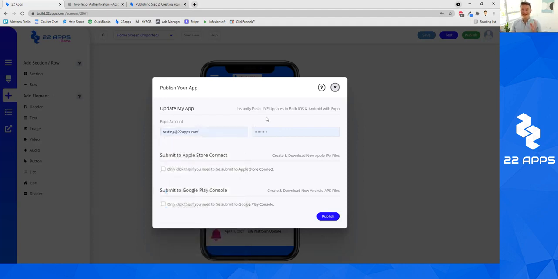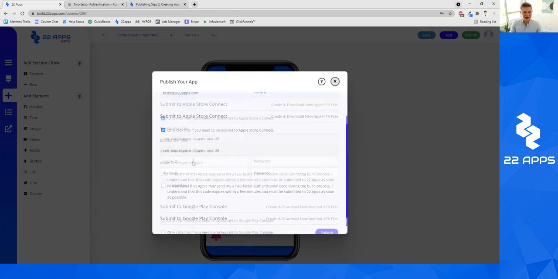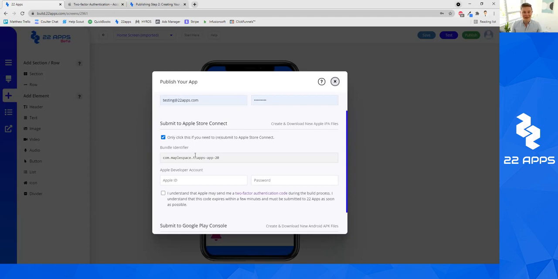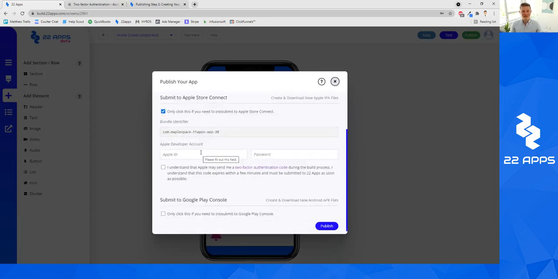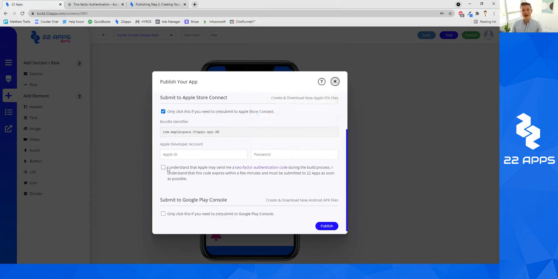You can just go ahead and type it in, and then the next thing you're going to do is click on this checkbox to submit your app to Apple Store Connect. You're going to type in your Apple developer account email, so your Apple ID email, and then type in your password. Then you want to make sure you check this little checkbox that basically says, hey,